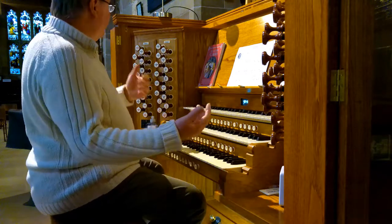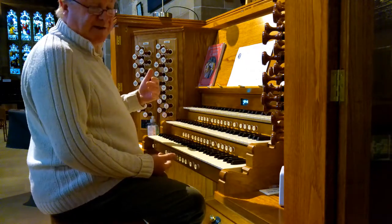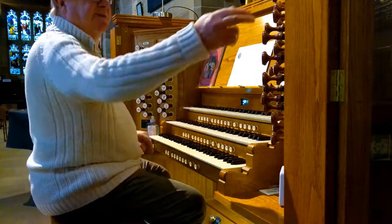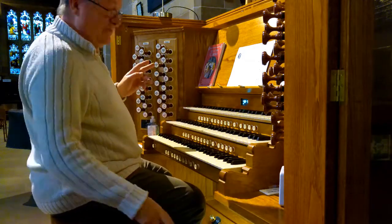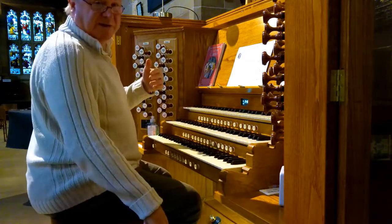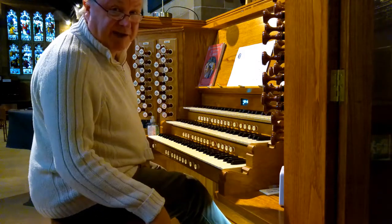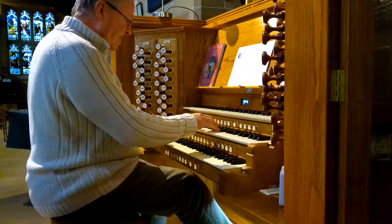So the overall effect is when you've got it together, and you add it, you get a kind of very full chorus. Now, full organ sounds like this, but I'll warn you now, it will be very out of tune because of the swell being in a different pitch to the rest of the organ at the current time, because the church heating isn't on because we're in lockdown. So this would be...